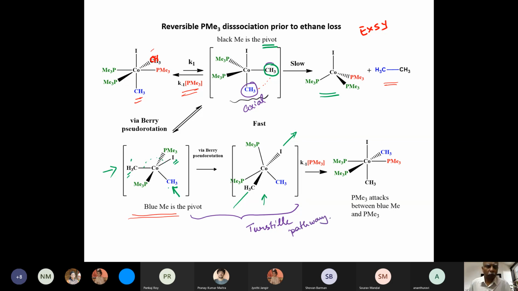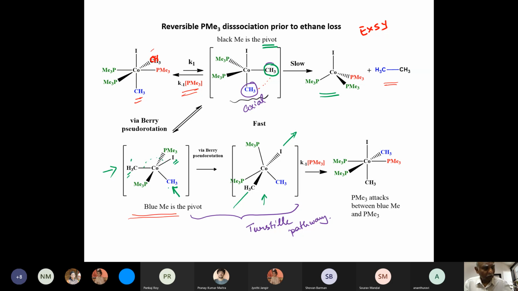And we don't have too many turnstiles in our country, but there is one behind the guest house. If you want to see what a turnstile is, it is basically a pivot on which a door rotates. You might have it in malls, but you have a rotation, and this rotation can be two methyl groups and a trimethylphosphine rotating, and then you will end up with the other compound.